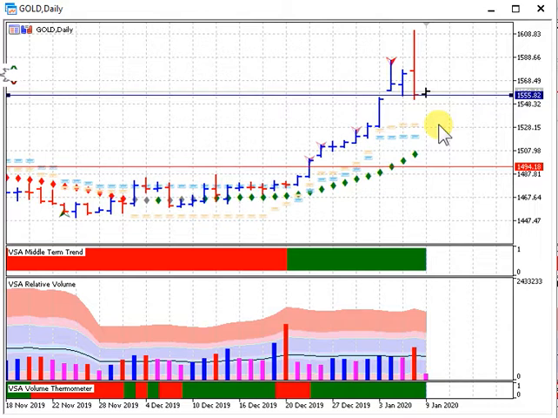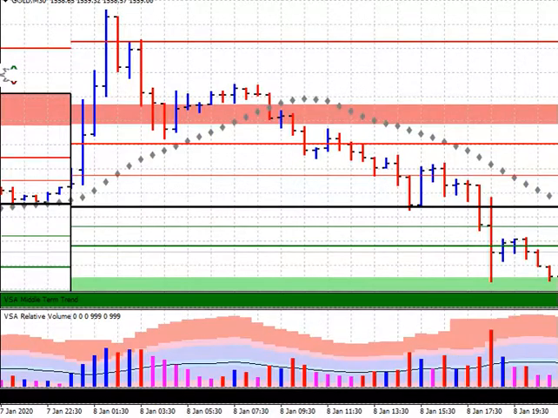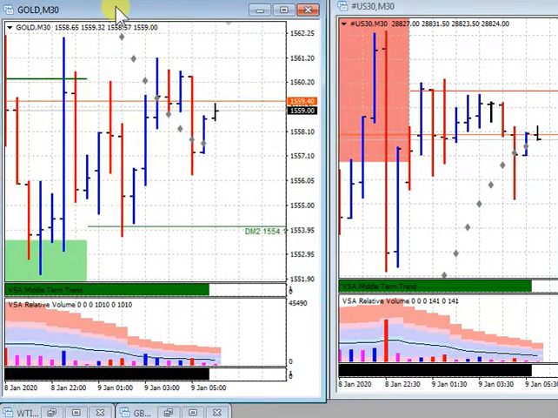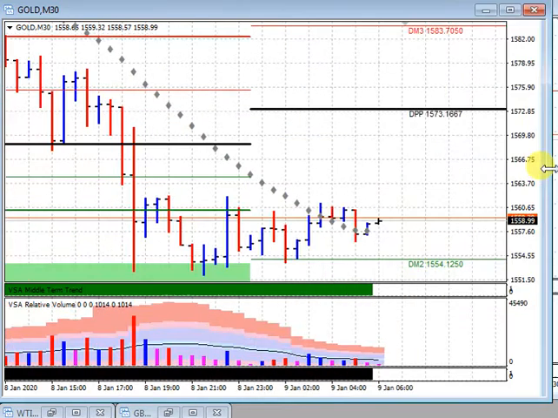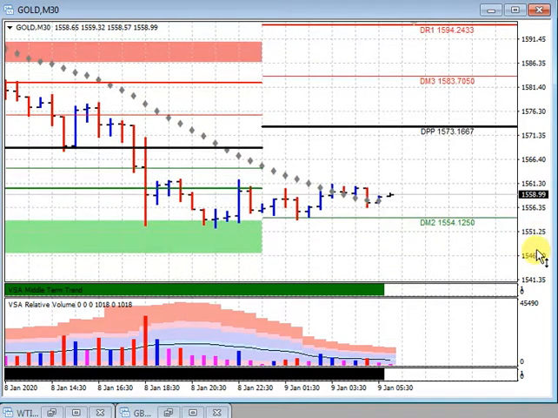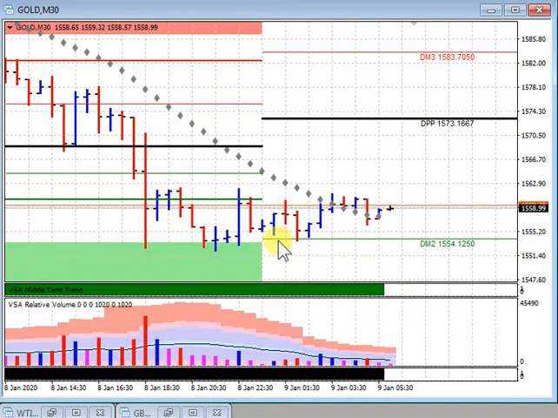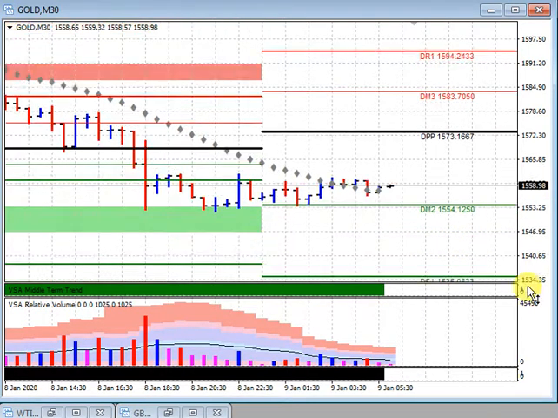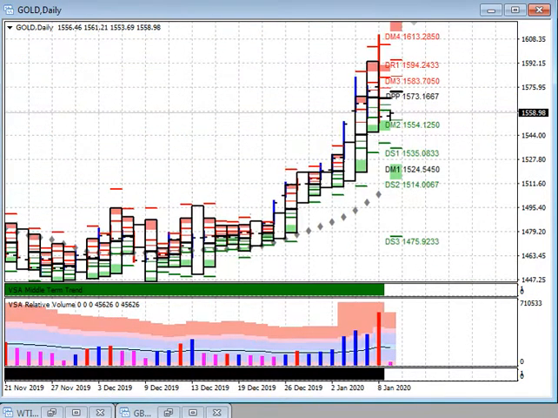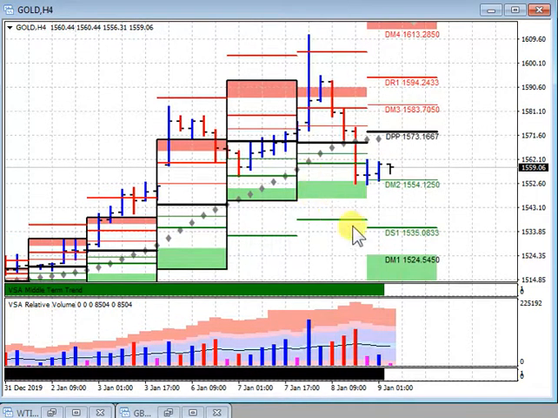Okay. I'm going to switch over to another platform here. I'm going to just bring this in. This is an MT4, but this has more of an indicator that I like in it. This daily pivot indicator here, I like it because it gives us some good downside targets. So what I'm looking for is a break below 1554 here, and I'm looking for a move into potentially... let's have a look what we got. Daily's a bit wacky with this indicator, but I'm looking for a move into potentially